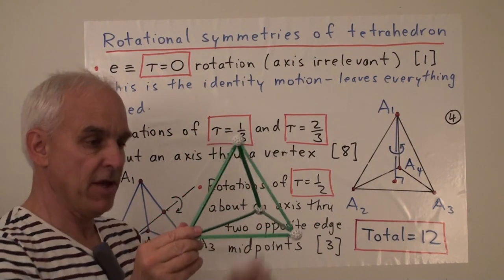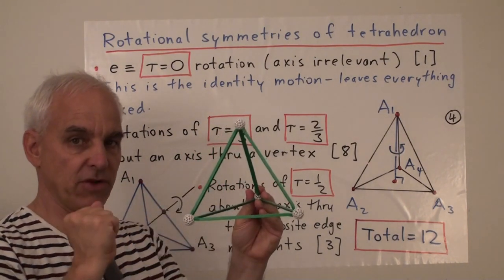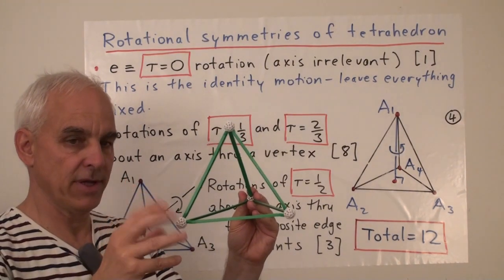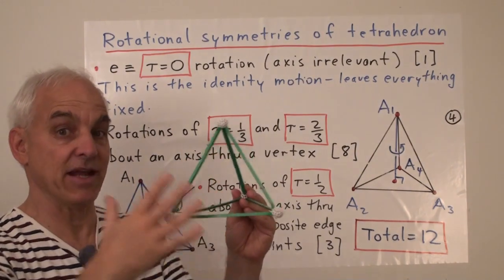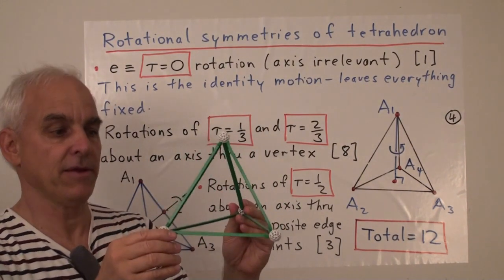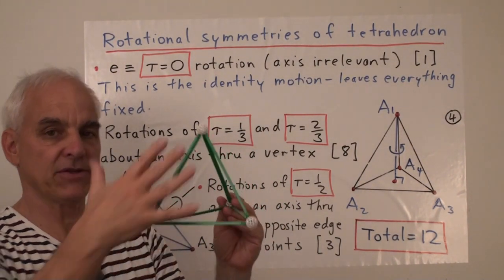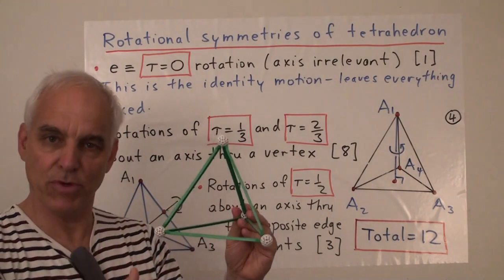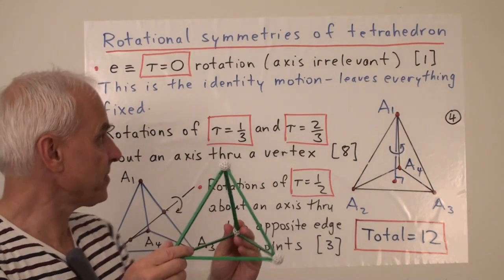Okay, so we have some fixed position of the tetrahedron. And we're interested in how can we move this around in a rigid kind of way, imagining that it's actually a rigid solid body, so that it comes back to this standard position, but possibly with the vertices permuted and the edges and faces permuted.